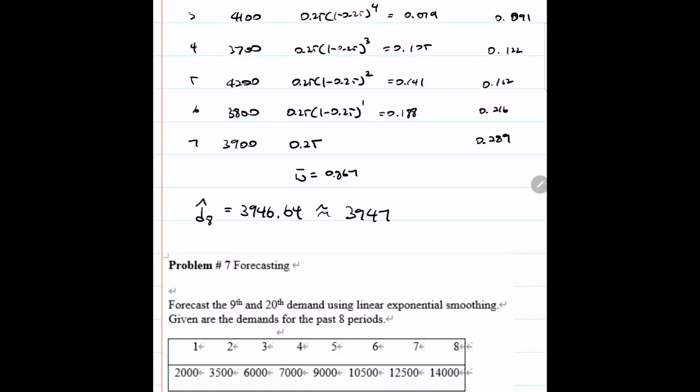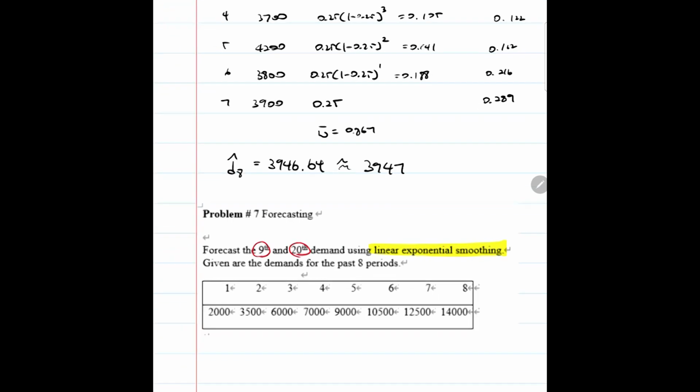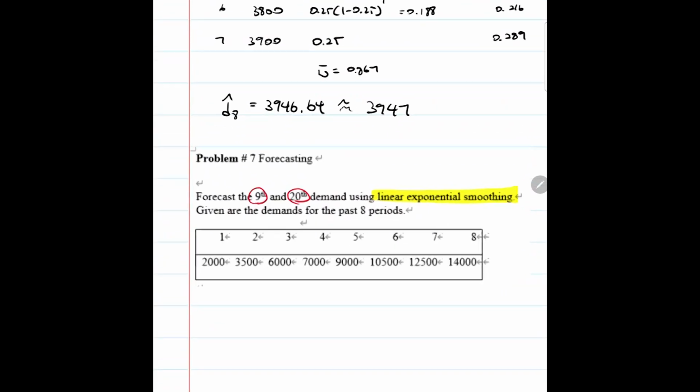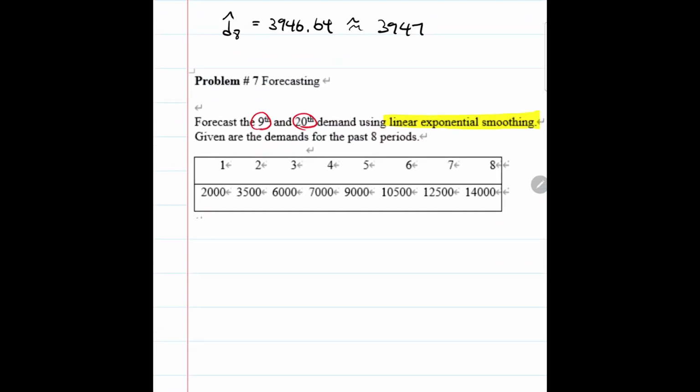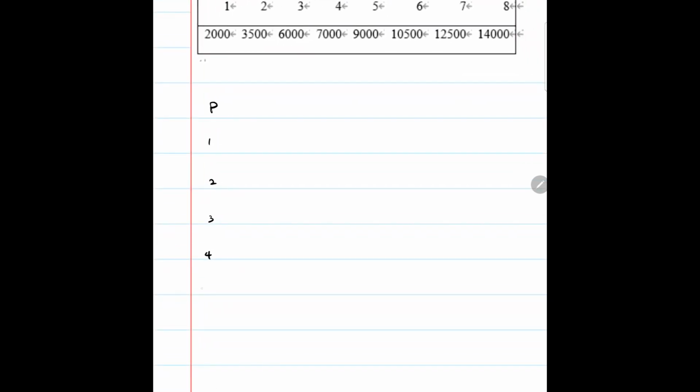Problem number 7. It's asking to use the linear exponential smoothing to find the expected demand on 9s and 20s. Here's the data that's given. So let's create a chart. So period 1, 2, 3, 4, 5, 6, 7, 8. And demand is